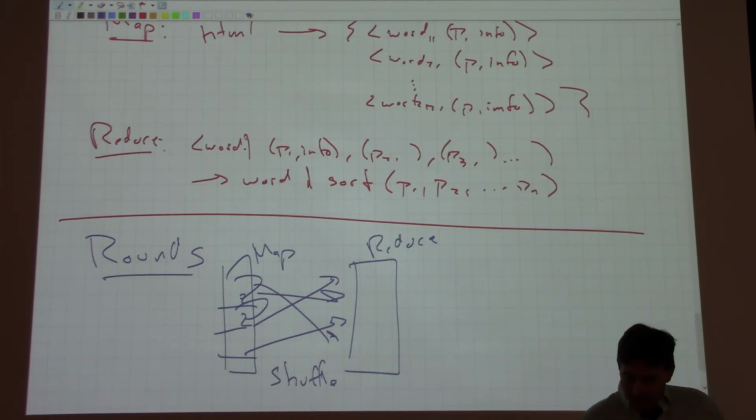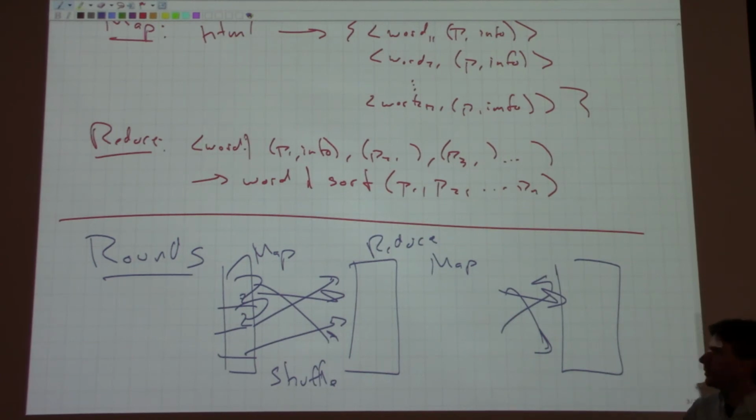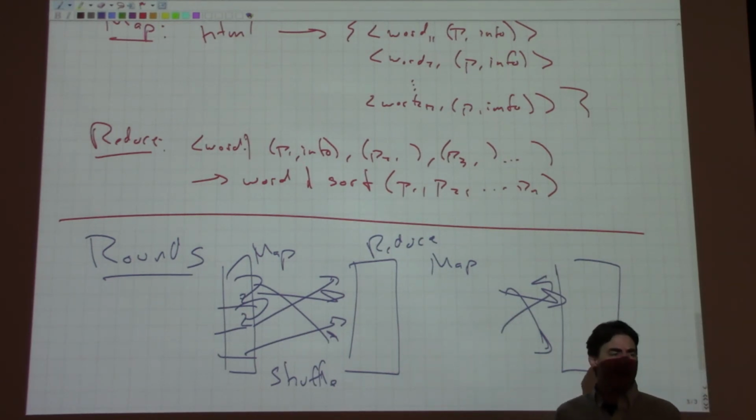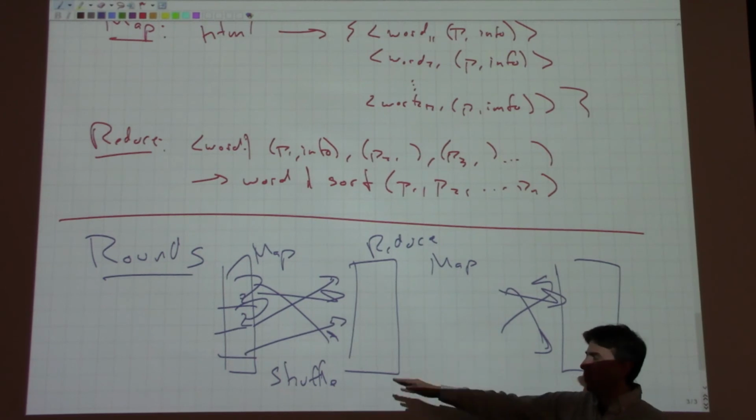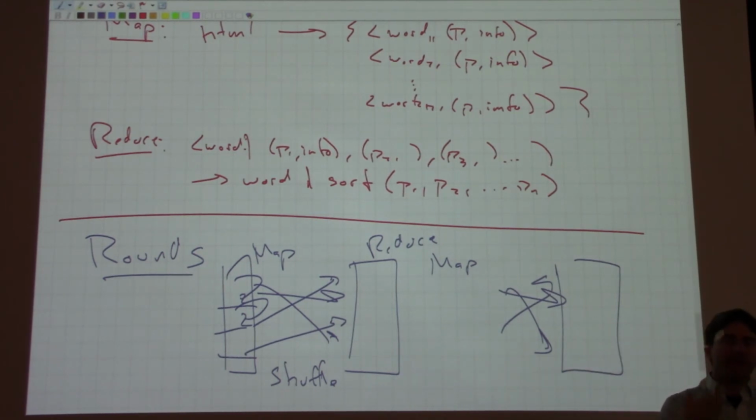And so you think, well, I'm just going to plug this back into the map phase and then do another one of these shuffles over here. Right? So you can do these rounds, you can chain these together. Maybe I can't get my final output in one MapReduce phase. I may want to first map it to some keys, do some computation, then a bad example would be like if you're trying to do Lloyd's algorithm for k-means clustering, what you would do is you